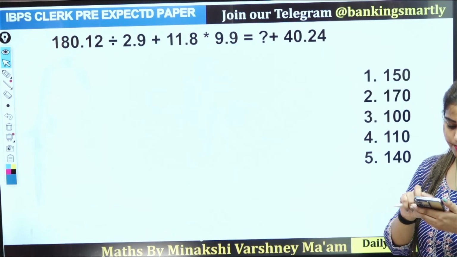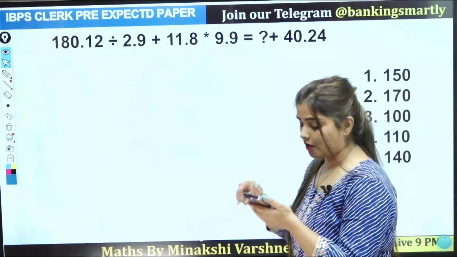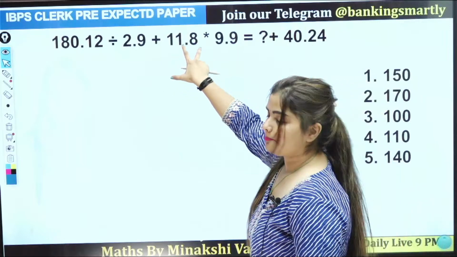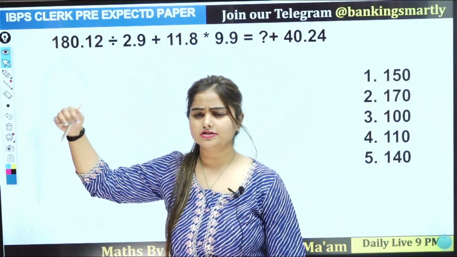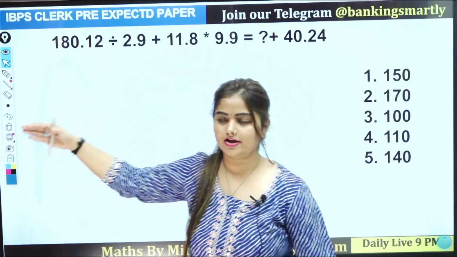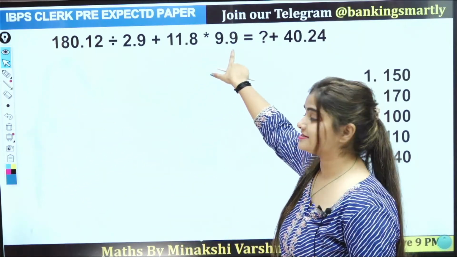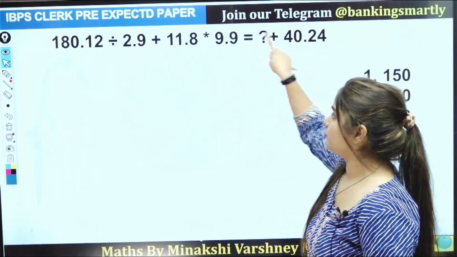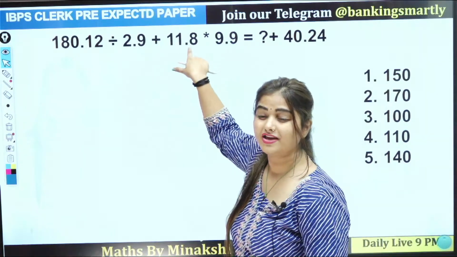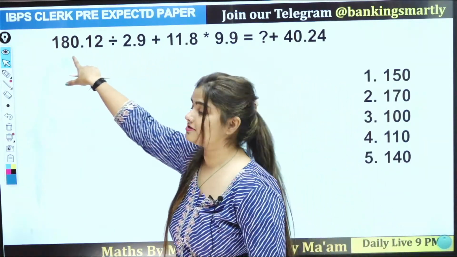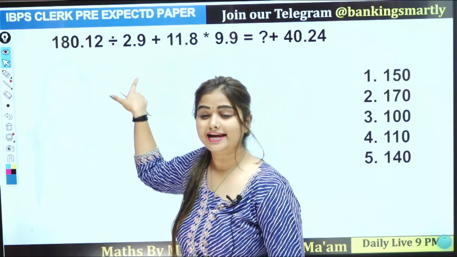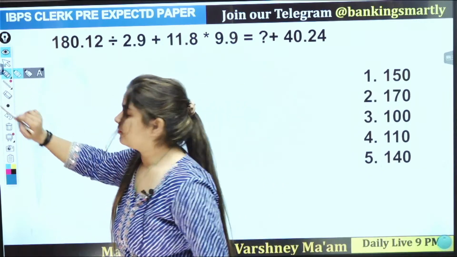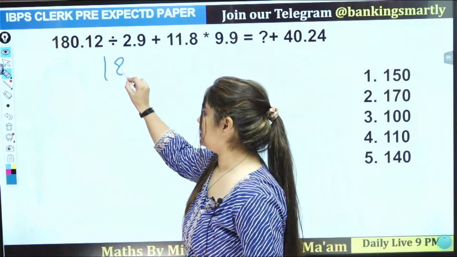Now this question is completely without pen and paper, guys. How can you do this question without pen and paper? See, there is 11.8, and the cutoff is 0.5. If the value is above 0.5, we can take the next value. 11.8 is 12, and this is 9.9, 10. 12 into 10 is 120. Here we have 40, so 120 minus 40 is 80. And this one is 3 times 6, which is 18, so 180 by 3. Then 80 plus 60 is 140. Your answer is 5. Now you can do it with pen and paper also.